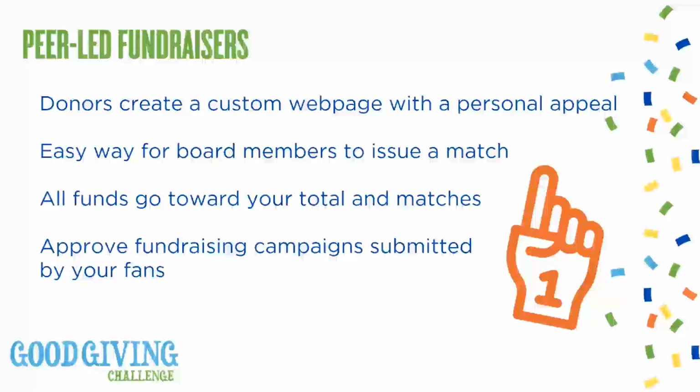So I know, for example, there's one participant in the GoodGiving Challenge. It's a school, and maybe they have all their employees create fundraiser pages for their classroom. They have parents create fundraiser pages for their classrooms for different projects around the school. It's a really easy way,